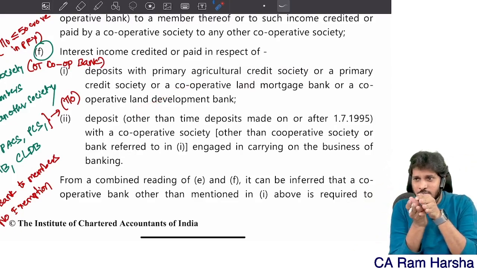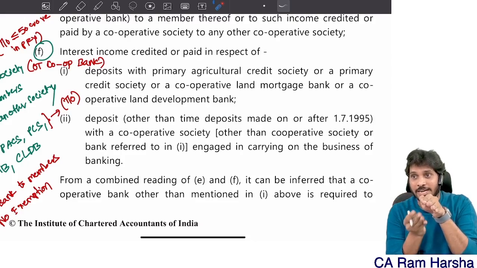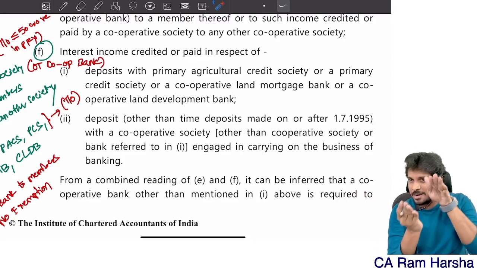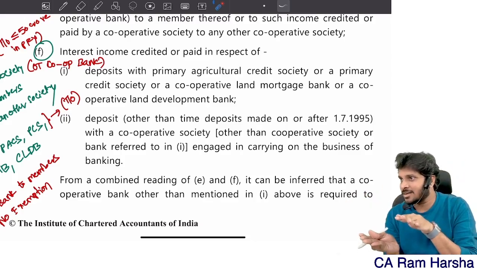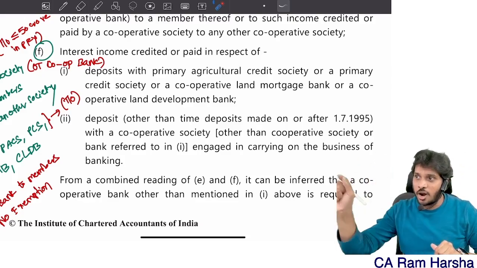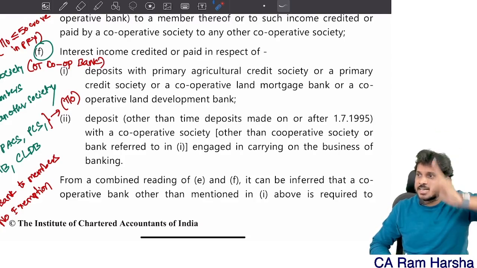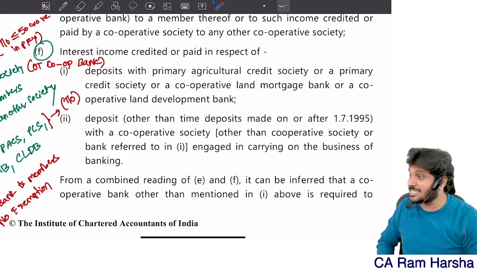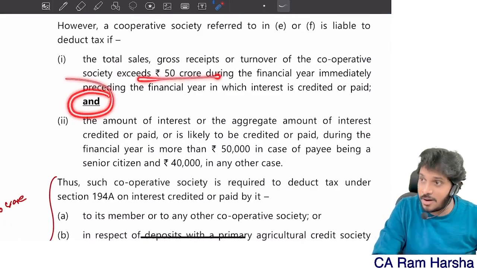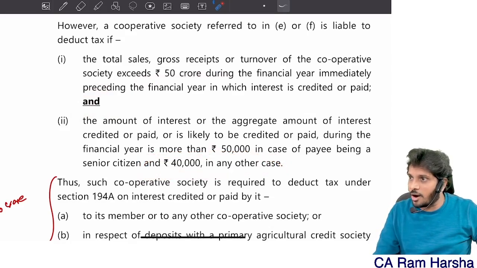They have given exemption to cooperative societies, right? They have given exemption to primary agriculture credit society, primary credit society, land development bank, land mortgage bank, yes or no? They have given benefits to societies. This benefit is not available if the preceding financial year turnover of these societies is exceeding 50 crore. If the preceding financial year turnover is exceeding 50 crore, and one more condition, interest paid is likely to exceed 40,000